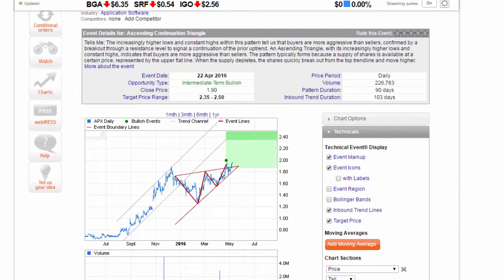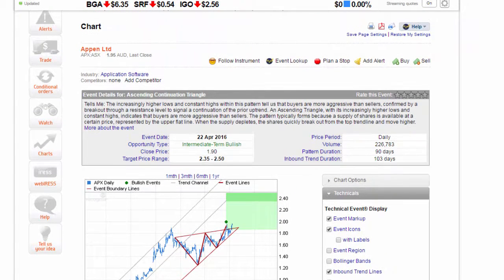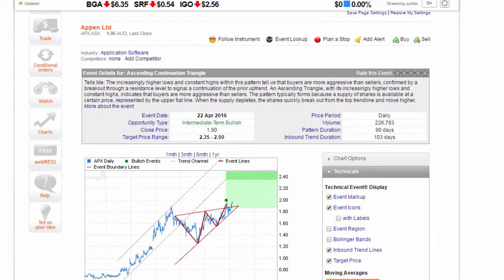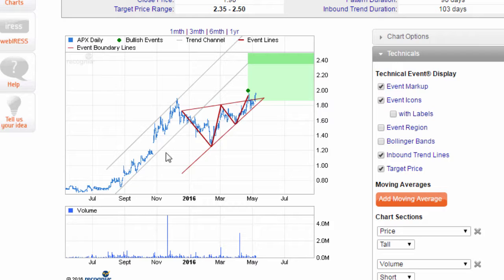So there's a couple other features that I'll display here now related to the charting page on Technical Insight. So we're looking at a stock called Appen Limited, and it's formed this continuation triangle that we can see here, the red lines, and it has a very nice inbound trend. But ignoring this price action here, let's focus on this inbound trend, and what I'd wanted to do is just